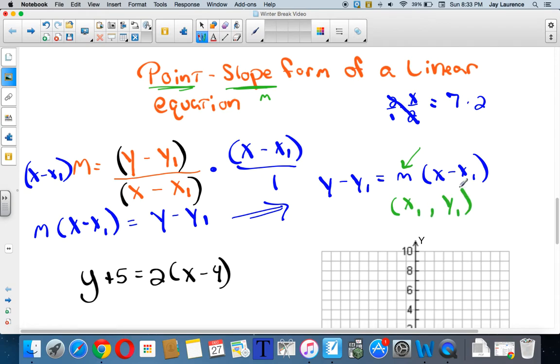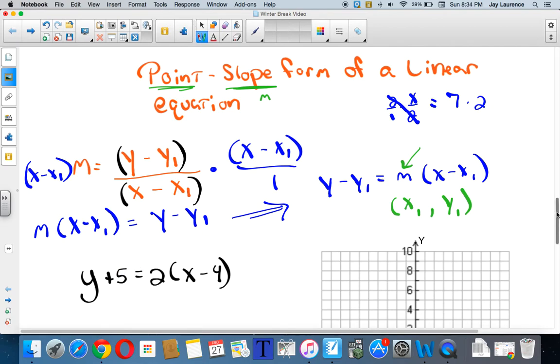And I want you to notice something very important. See this x sub 1 I just wrote here? And see this x sub 1? What's the difference? Do you know, Ariana? I'll bet you do. Yeah, the blue one's negative. The one here changed signs, didn't it? Look at it in the y's. It changed signs. So to get your point, you've got to change the signs from what you see in the